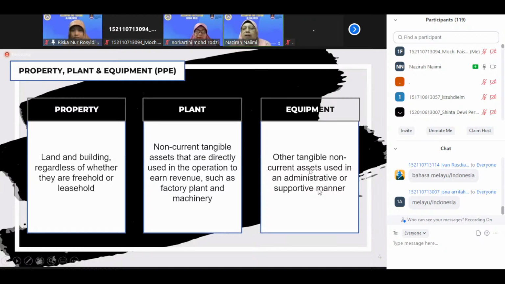Equipment: other tangible non-current assets used in an administrative or supportive manner. So equipment is usually chairs, tables,